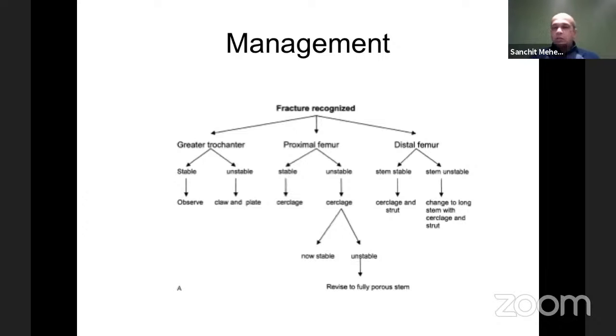With the distal femur, again, you have 2 variables. Is the stem stable? So it's well below the stem, and you can put a cerclage, you can put a plate, depending on whether there's a knee replacement distally. If the stem is unstable, you have to bail out to a long stem. This is, again, like I said, based on the Vancouver philosophy. So you'll see that in the older papers and older classification systems, the allografts and strut grafts are mentioned quite frequently. Now, in most cases, you would replace that with a plate.